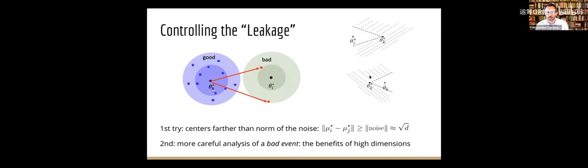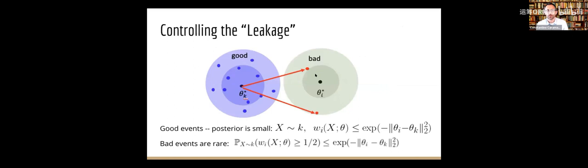What is another bad event that could happen if I'm trying to estimate theta k star, and my current estimate is theta hat k? Well, I also don't want samples to fall in the direction of the mistake that I've made in estimating. But again, this is now just a small little cone that has exponentially small probability under the Gaussian distribution. Similarly, this cone has exponentially small probability under the Gaussian distribution. And that's exactly the calculation, basically in words.